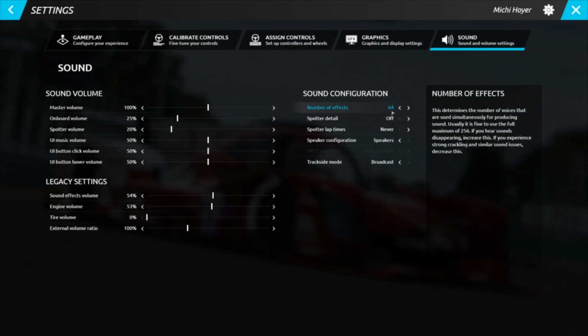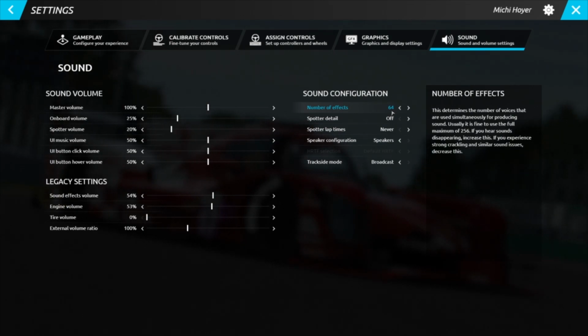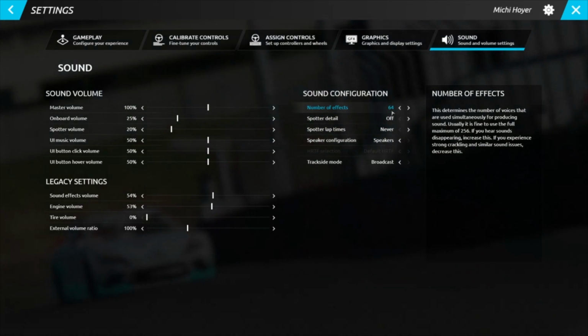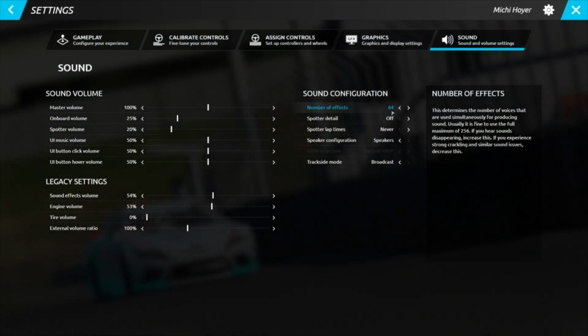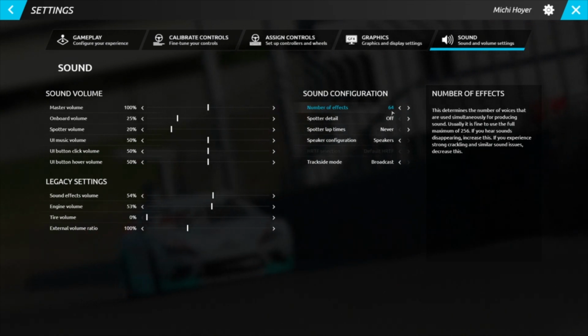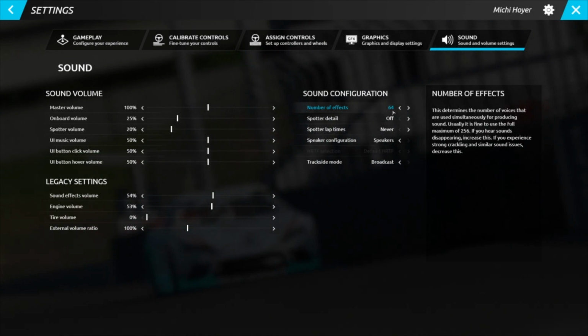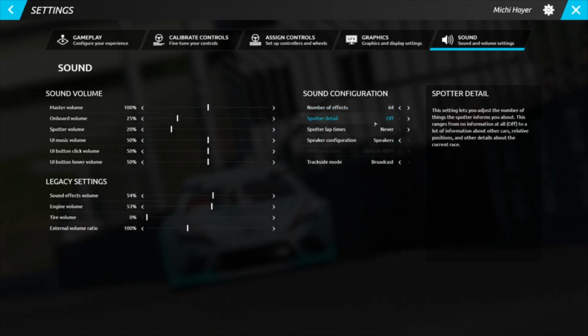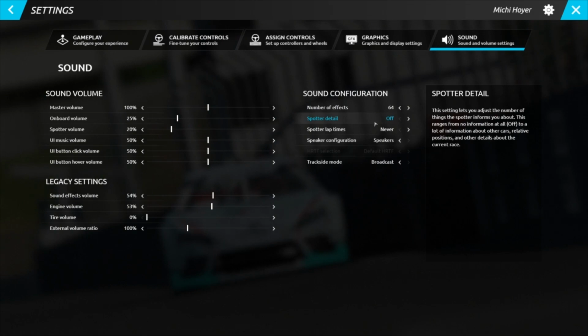Please note that these effects really pull on your CPU and can cause issues. Common sense is that 64 effects still give you a pretty good sound experience, give you all the information that you need to do proper racing, and in the end will be absolutely sufficient. Personally, I always run the spotter off,